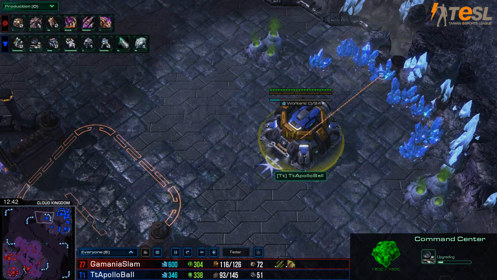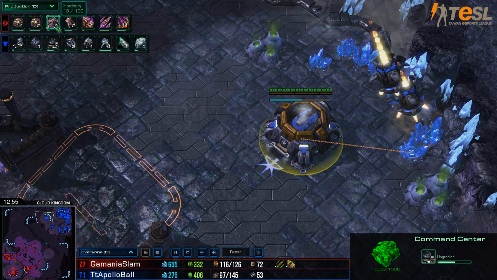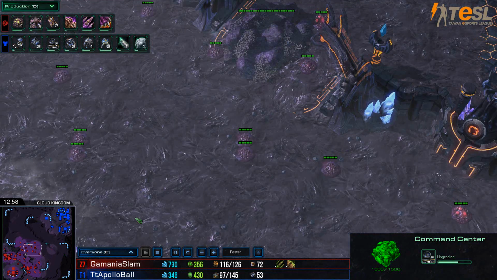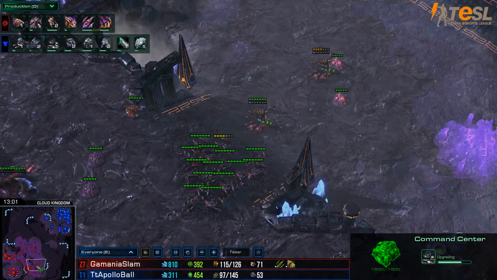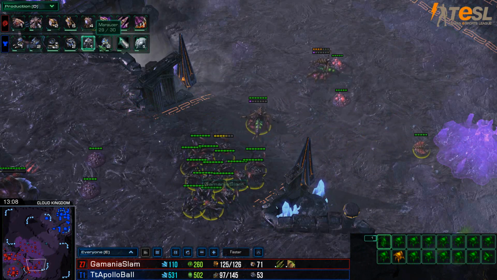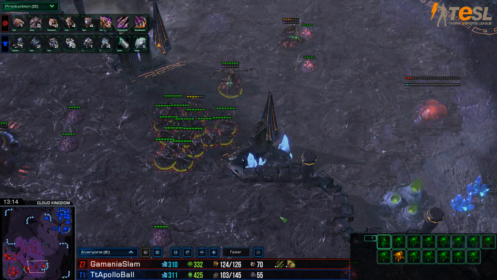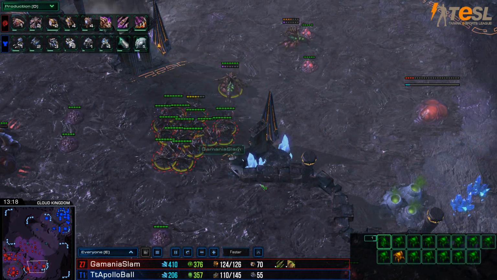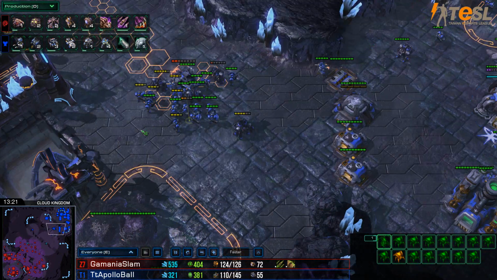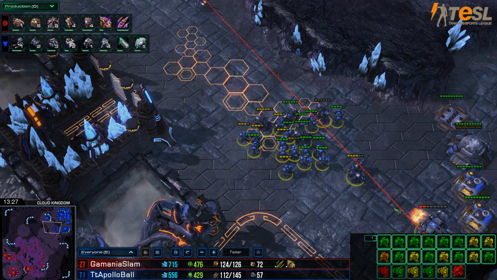No. Orbital command instead, which makes me wonder why it wasn't upgraded earlier, or was this command center just recently created and now landing? Muscular augments, Hydralisks now being upgraded, and I am curious as to why Hydralisks are being used. Hydralisks have been one of those units where it wasn't really popular in Wings of Liberty. Now, for some reason, because of the metagame, it's starting to feel like Hydralisks are a bit more popular,